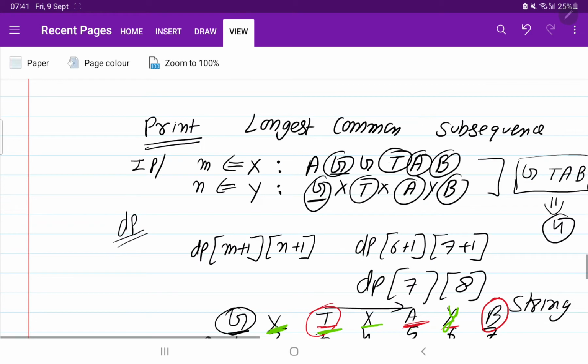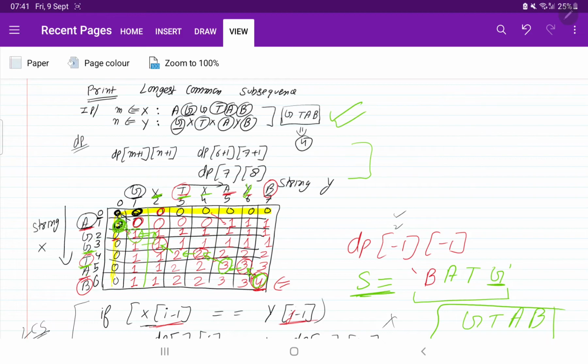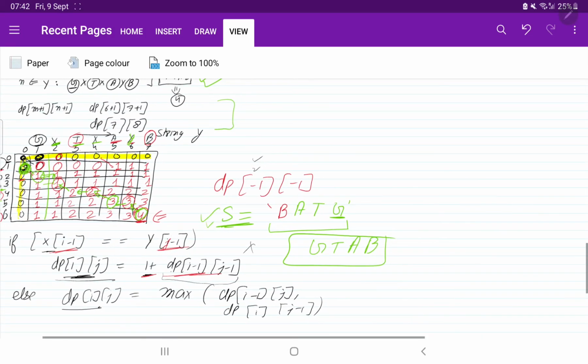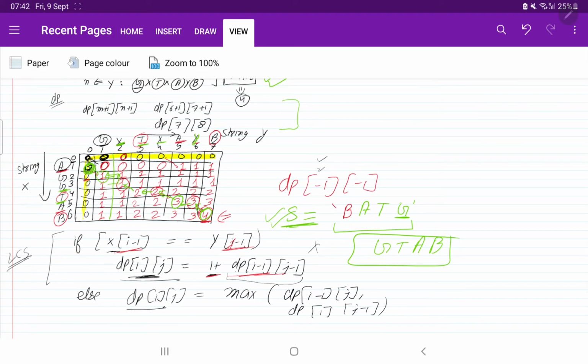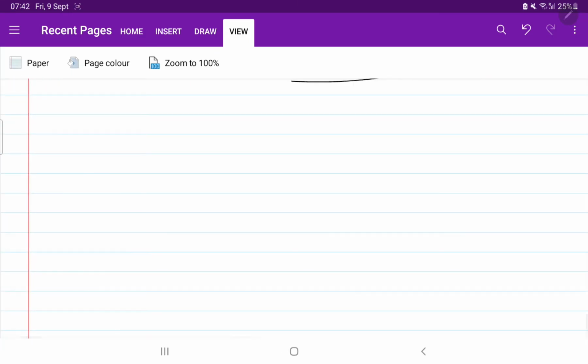Let us write the code now. So what we have done, first of all, we have initialized the DP, then we have filled the elements. But the twist is, this time after filling the DP, we need to traverse from back and we need to check from where we have come. If the elements are matching, we are adding them in the string S, and at the end, when either length becomes 0, we return the reverse of S. Perfect. So let us go and write the code.